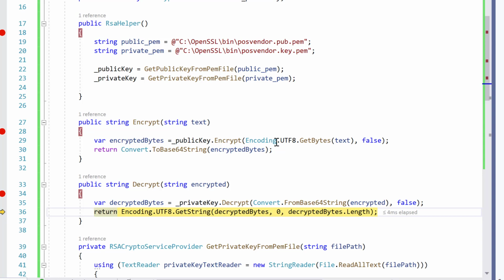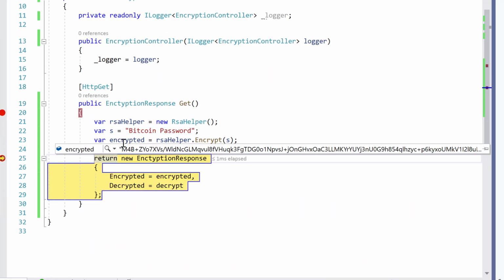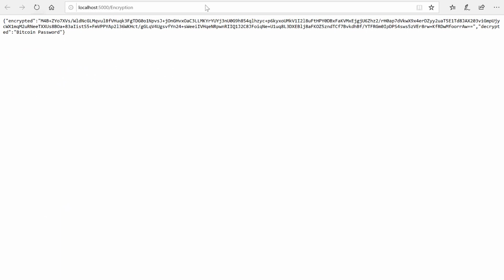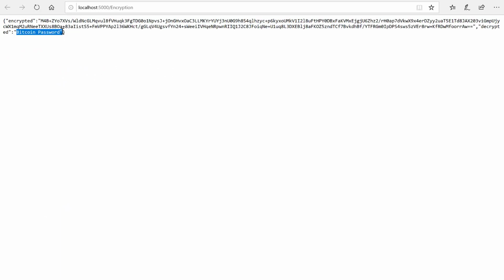So guys, if any issues are there with your private key, it won't be able to decrypt and it will throw an error here. So make sure that you have all your try catches at this point. So let's continue the execution. So we have our encrypted string here, and now we have our decrypted string. So if I click on continue, our encrypted string comes over here and our decrypted string comes in this part. So this is how we can easily implement asymmetric algorithms using .NET Core.